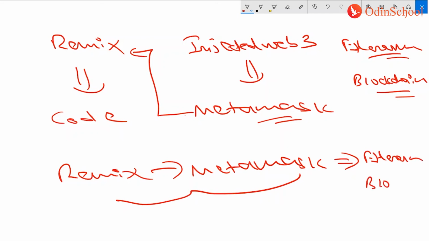So from where would you get your block height or block number? It is from Etherscan. From Etherscan you can get your block number, or technically we can call it block height. So I hope you have understood the concept I have explained till now, the entire program, how you can deploy it, and then how you need to check it inside the Ethereum blockchain.